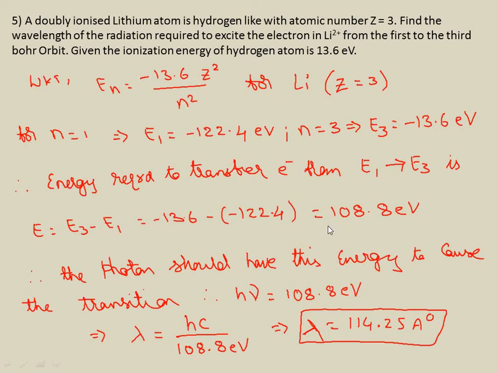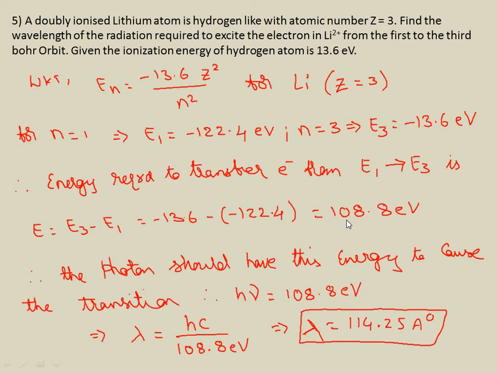So we got the energy, right, and according to Bohr's frequency condition, E2 minus E1 equal to h nu. Whenever an electron jumps from a high energy state to a low energy state, it emits a photon of energy E equal to h nu, where nu is the frequency of the radiation. Or whenever the electron jumps from a low energy orbit to a high energy orbit, it absorbs a radiation of energy E equal to h nu, where nu is the frequency of the radiation, which we have studied in the theoretical part.